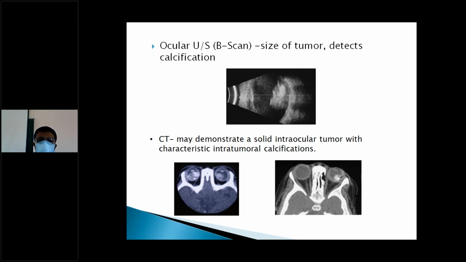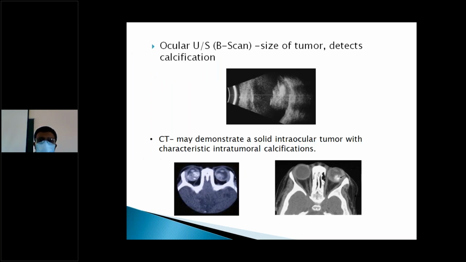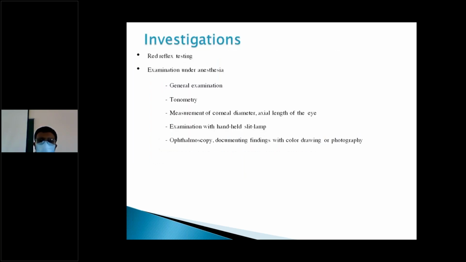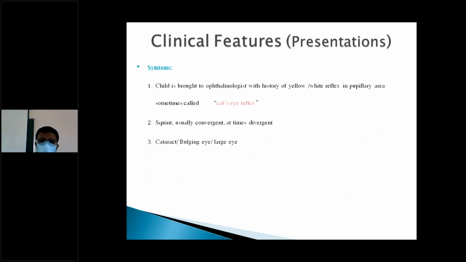Investigations: ultrasound B scan, CT scan for calcification, MRI for involvement of the optic nerve or intracranial extension, or trilateral retinoblastoma, involvement of the pineal gland. These are the clinical features and presentation: unilateral leukocoria,